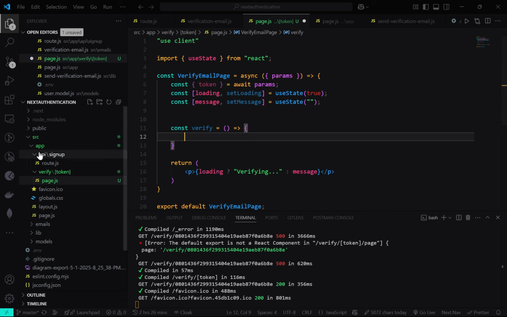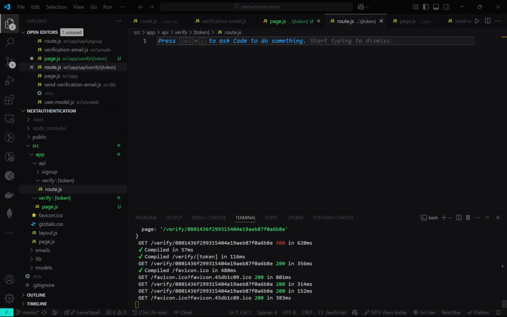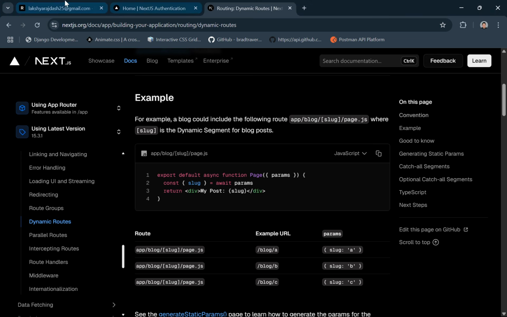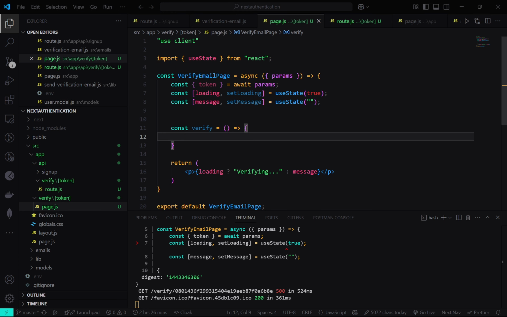So the backend route will be like this. Let us create one backend route that is verify slash, then this will have token. Okay, so slash route.js. Now you'll say, why don't we directly expose this API URL to the user? We can do that, but that will not be fruitful if we are just directly exposing everything to the user. And if I save it, you will see on this page I don't have anything, but still, wait a second,